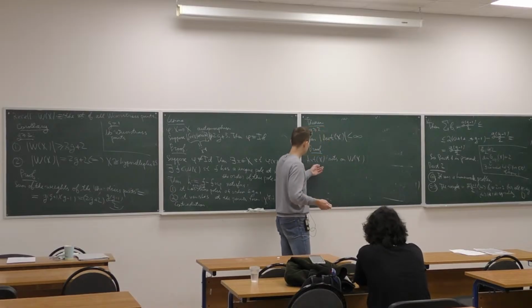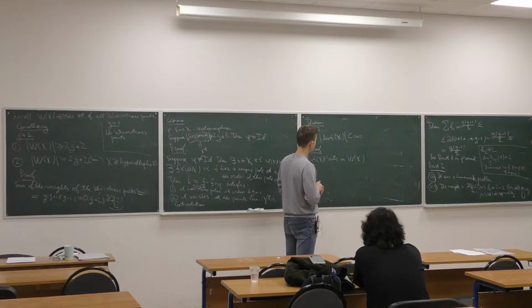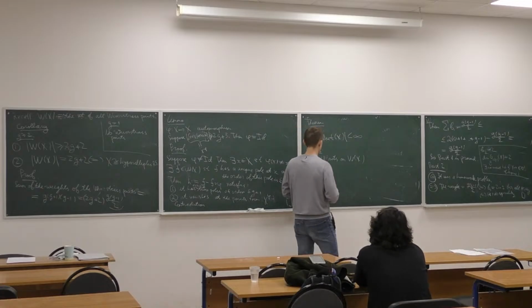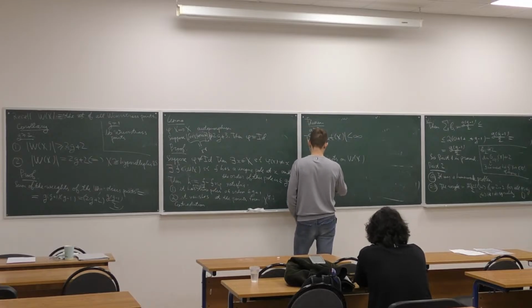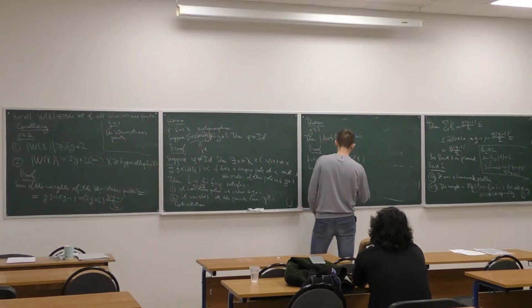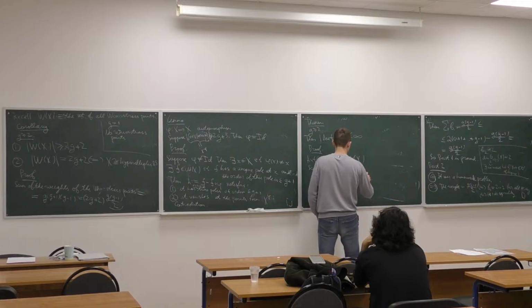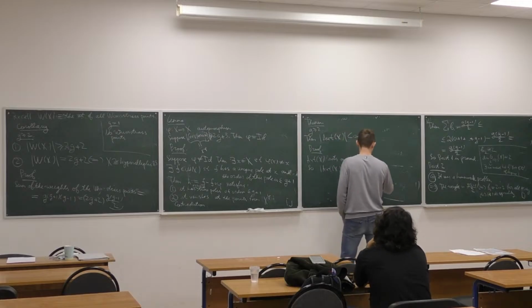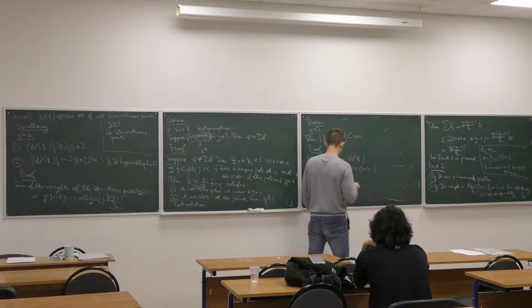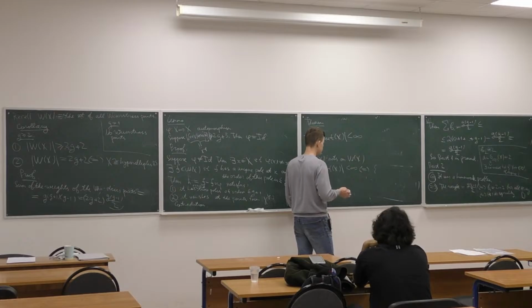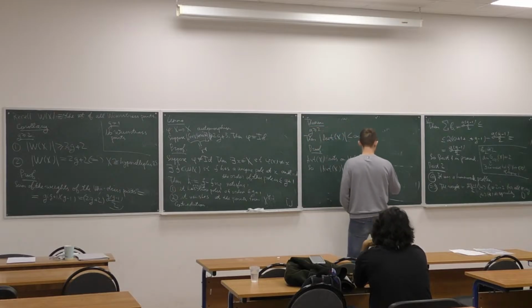So the automorphism group of X acts on the set of Weierstrass points. And so the automorphism group is finite if and only if